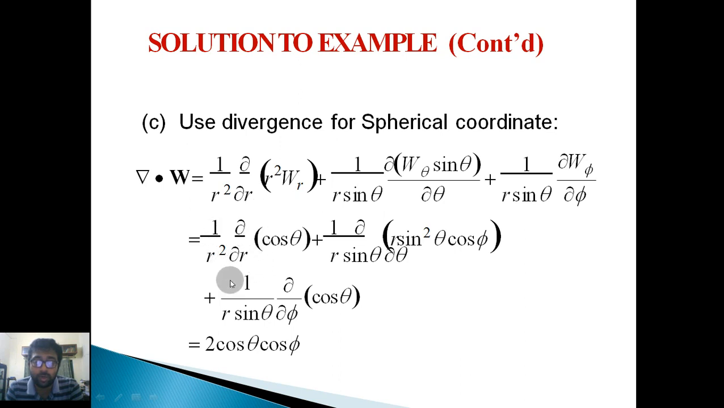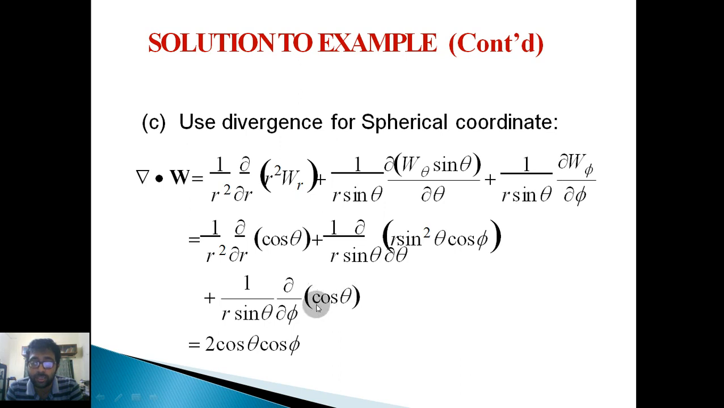So these are 2r. 2r and r will cancel out. This is r sin theta. So there is no function of r present anywhere, because this function is 1 by r square cos theta. So r square will come down and theta is constant, so del of del r will result in 0. In r sin theta, w theta will be r sin square theta cos phi, and the value of w